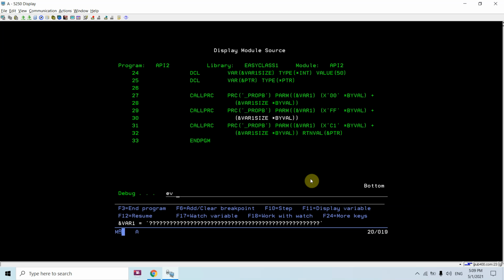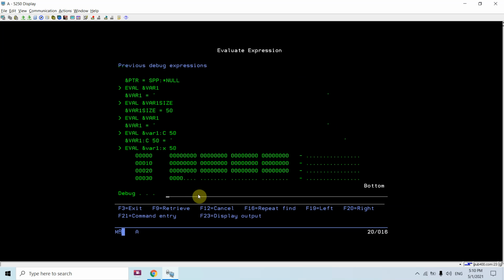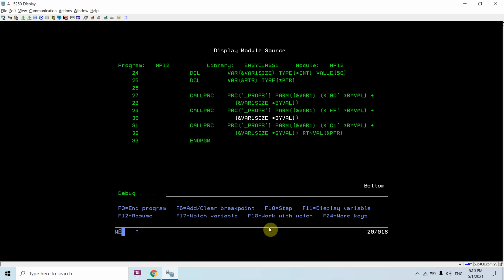So let me show you the value here, var 1, because this is not a pointer, so I won't be using :c, because :c and 50 would be used to represent a pointer value at the pointer, but here I'll be using x to show you the value. So you can see all the 50 positions are having the 0 byte, that is low level byte 00.